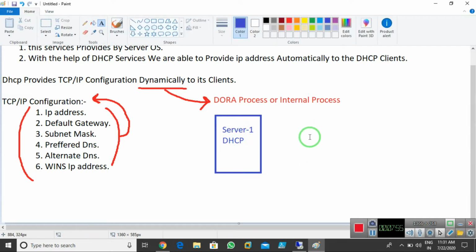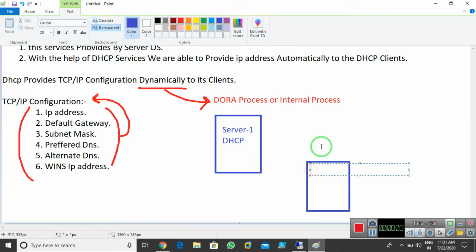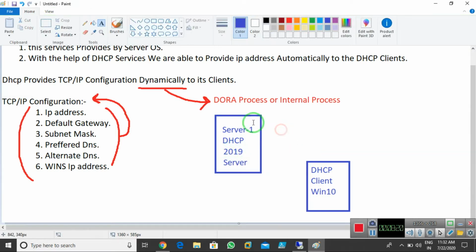And we have a client also, one system, which is the DHCP client. Imagine I am using the Windows 10 operating system on the client, and a 2019 server on the server side. These 2 machines are physically connected with each other.